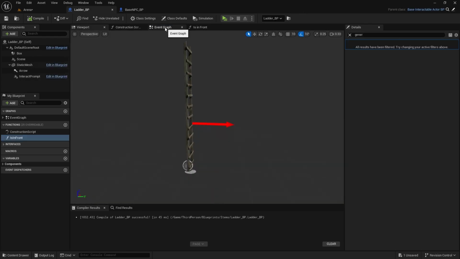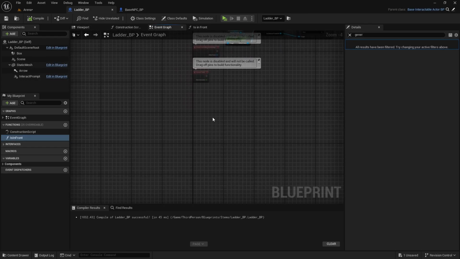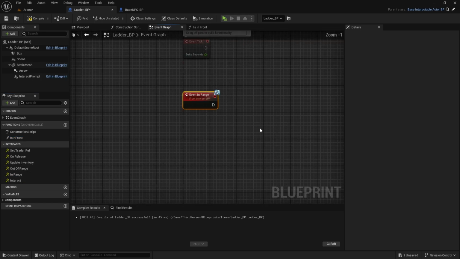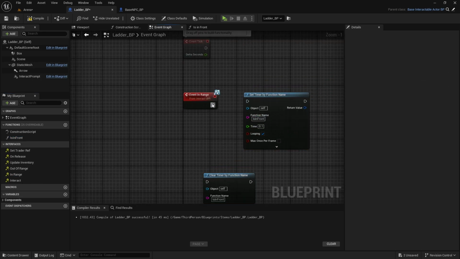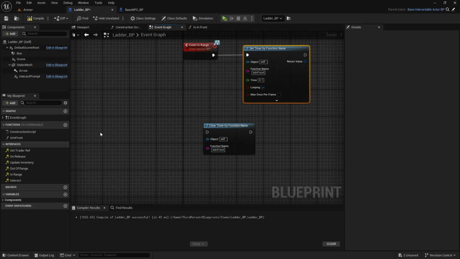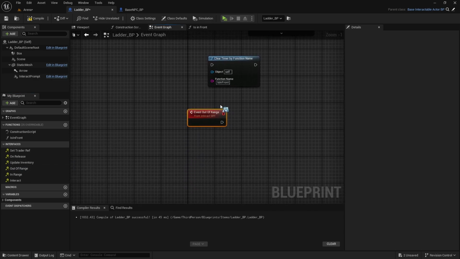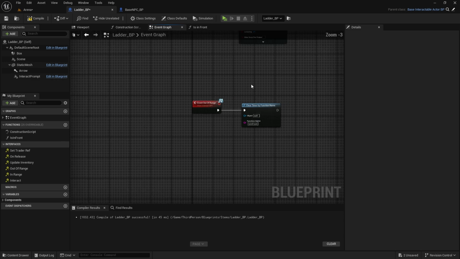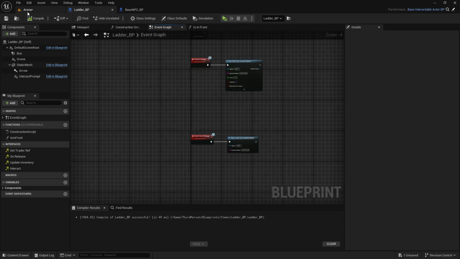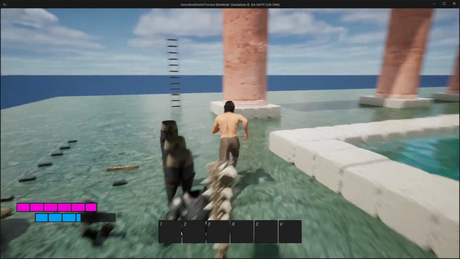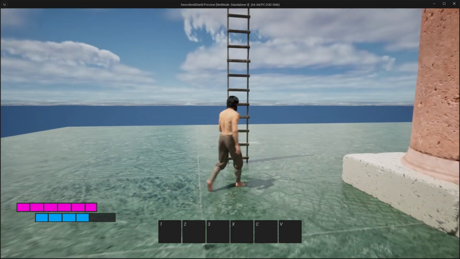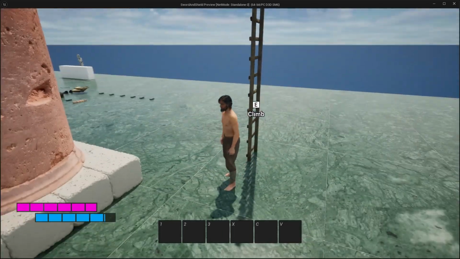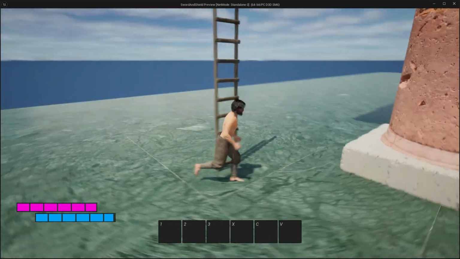So on the ladder event graph interface, when we are in range, we will start this function, and when we are out of range, we will clear the function. Let's see if that doesn't mess with parent binding for interact. No, it's fine. And now climbing, I have it set up wrong,